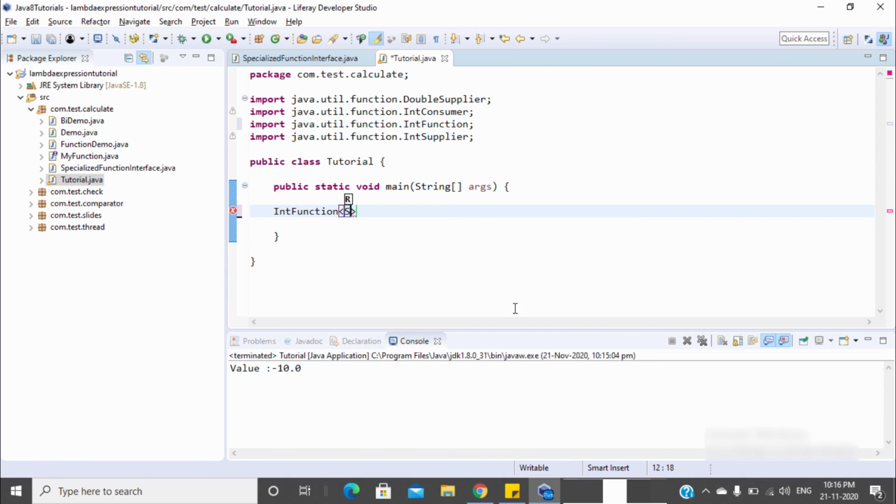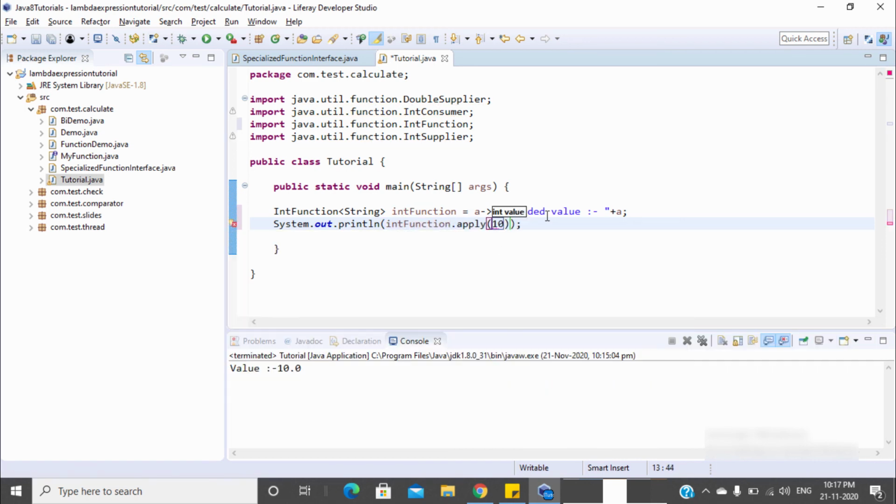So let's return a String, but we are using IntFunction, so it always takes an integer value. Now you can see the provided value is int and the return value is String. If we use double, then it will give me an error.